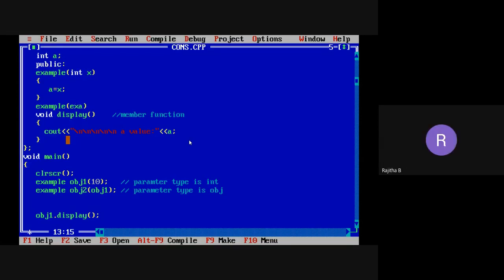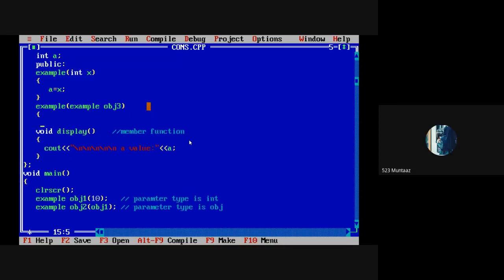Example. I want to take the parameter type as Example. In the previous case, we passed the x value 10, and that value will be stored into x, and the type of x is integer. Now we are passing the object here. Now I want to take the formal parameter for the object, that is obj3. Is this clear everyone? Yes, ma'am.